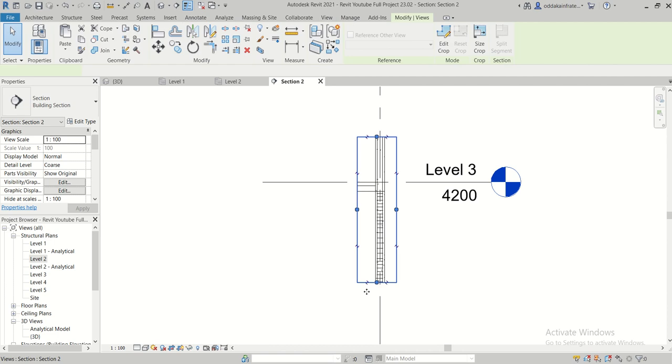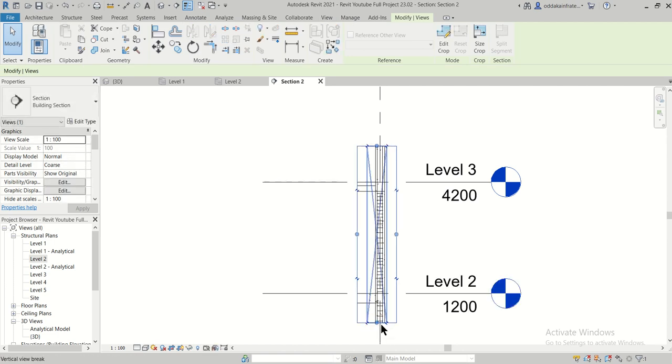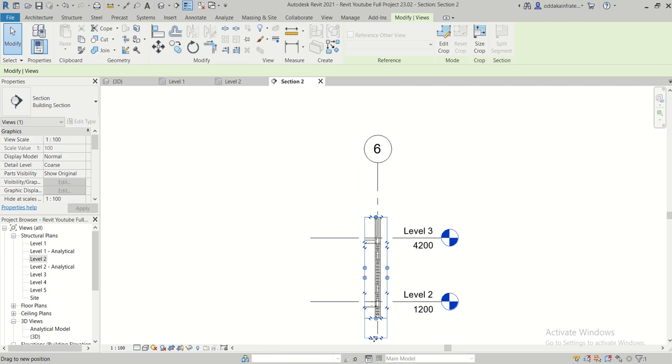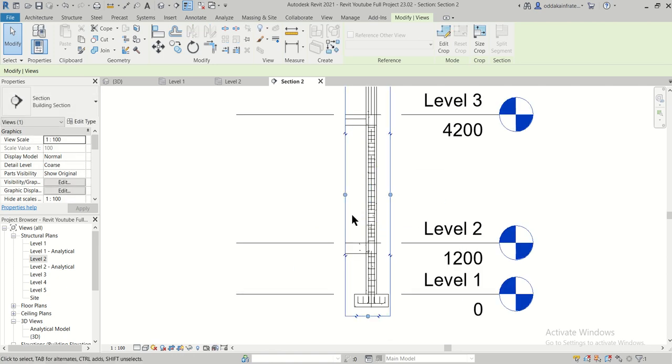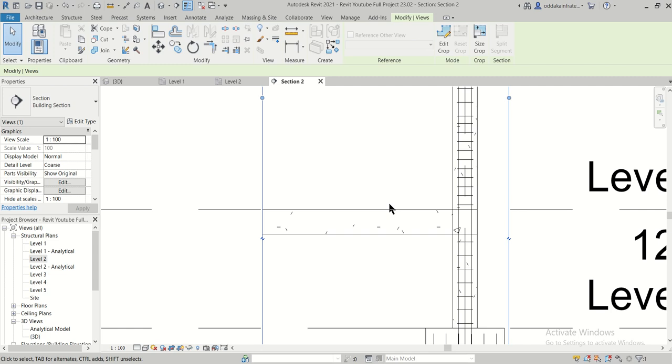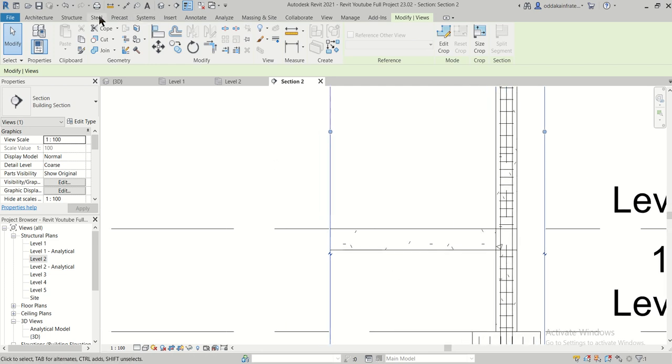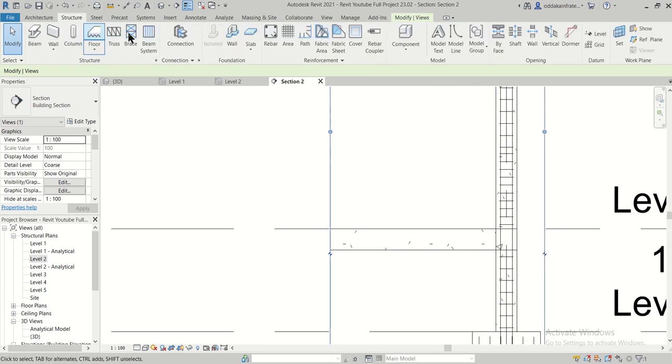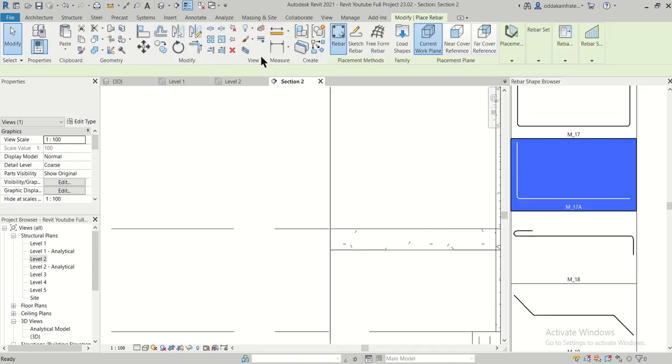As you can see here, you can change this, or you can increase or decrease, that is to include the particular beams which you want. So we can do that. So this is our beams which we want to reinforce. So first of all, this is the view which we are having currently. So right now just go to structure, and after going to structure, click on rebars.